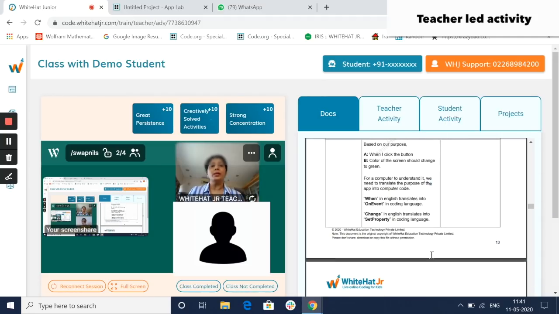For a computer to understand it, we need to translate the purpose of the app into computer code. Now, when in English translates into on event in coding. Change the color of the screen. So change in English translates into set property in coding language.